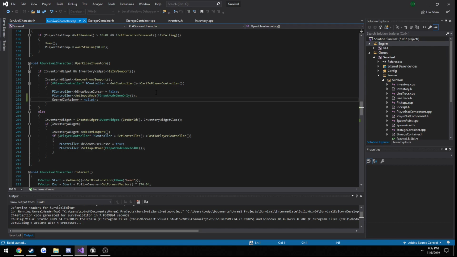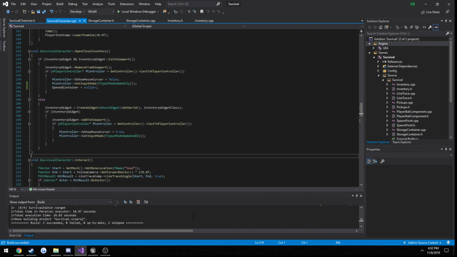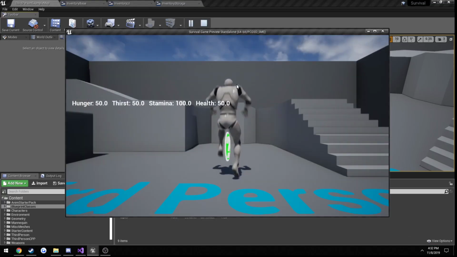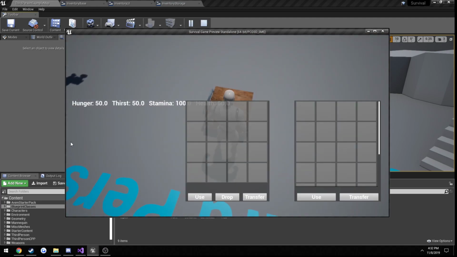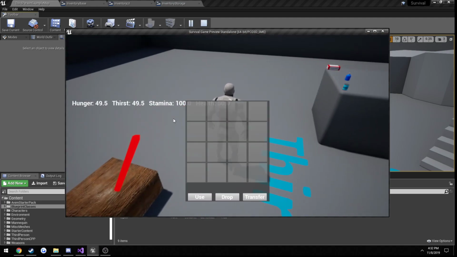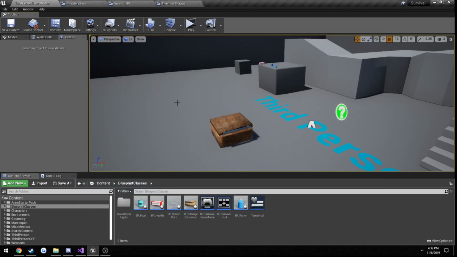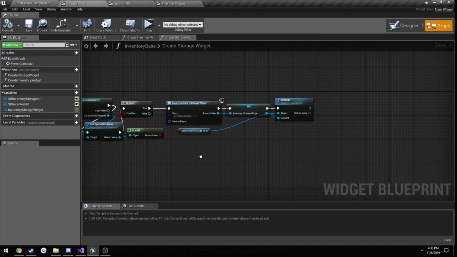There it goes. Alrighty, so let's test it real quick. I'm just going to run on one client. Here, server. Alright, so that opens up. We test normally. Alright, cool. The inventory for the chest no longer shows up on top of it. So now, we need to make our